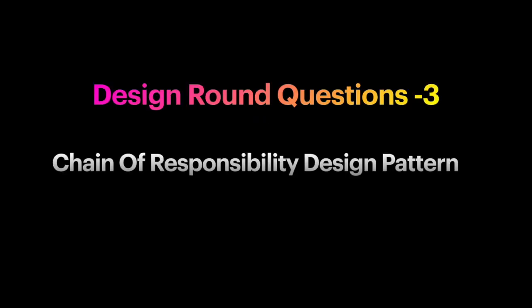That developer is working on something else. He doesn't have time to fix it, but he knows another developer who can fix it, and he is able to fix it. This is the concept of chain of responsibility. Now let's implement a web element handler using the chain of responsibility pattern.